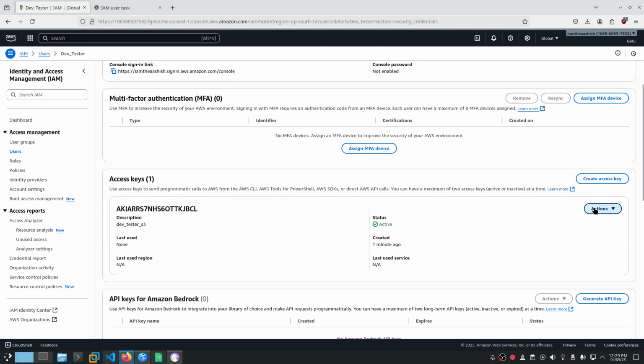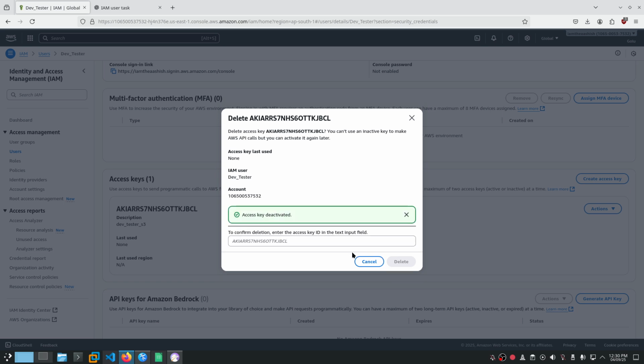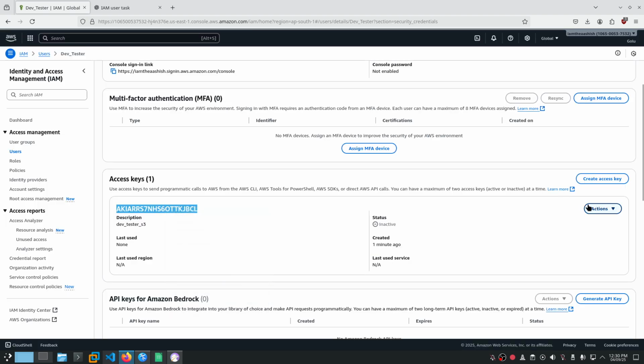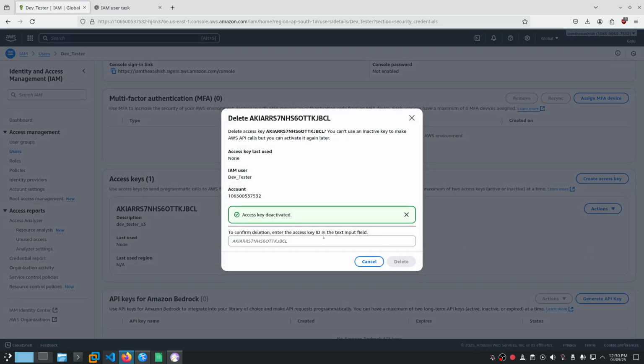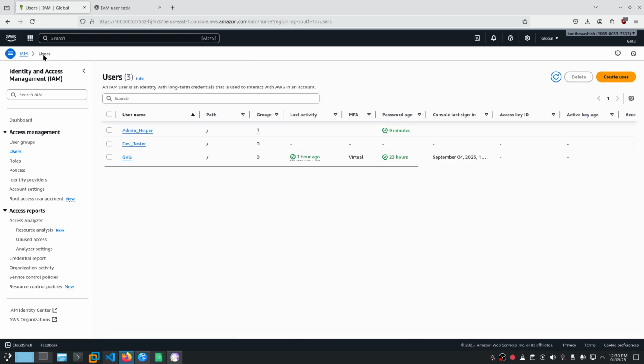They have delete. You have to enter the access key ID over here to delete. Access keys have been deleted.